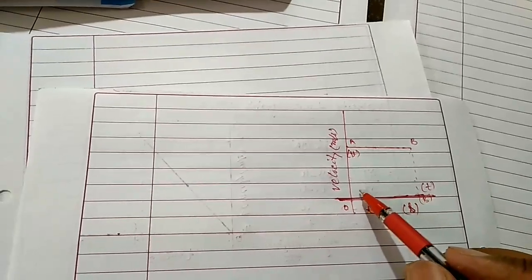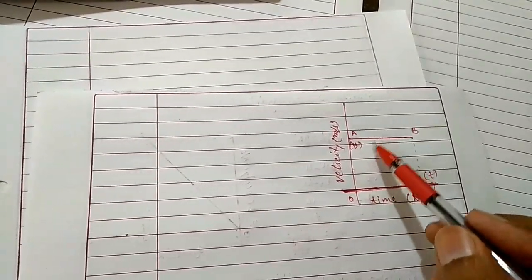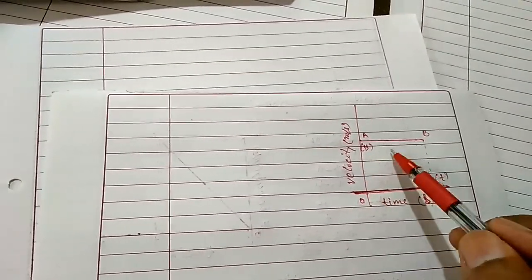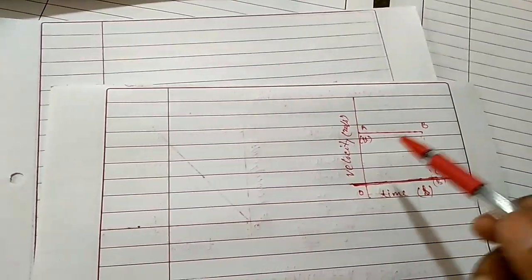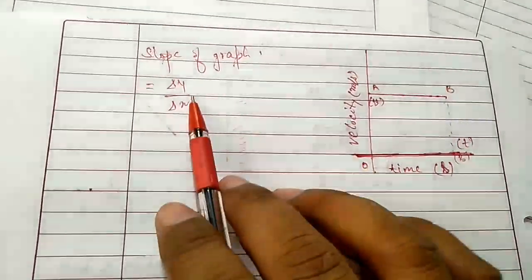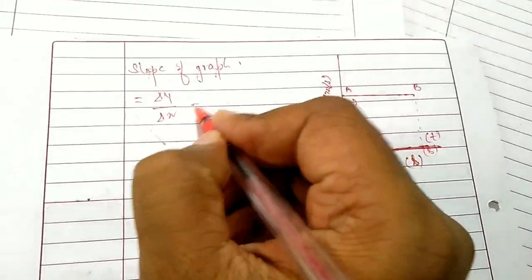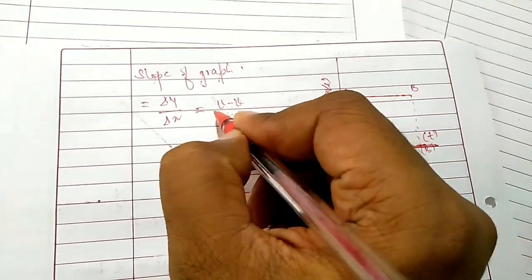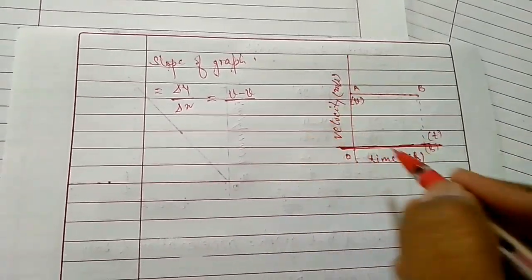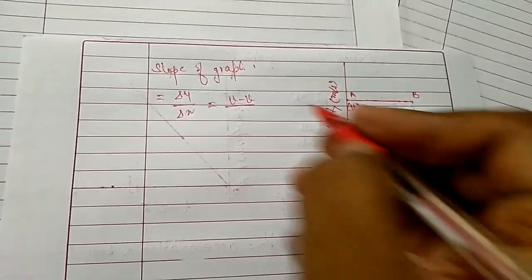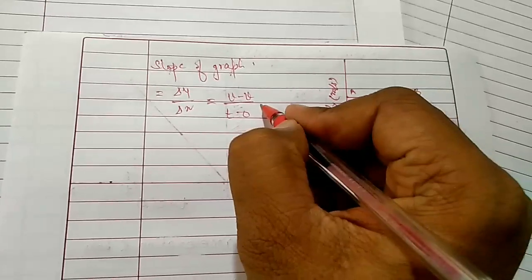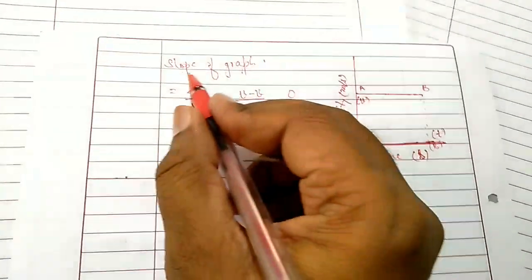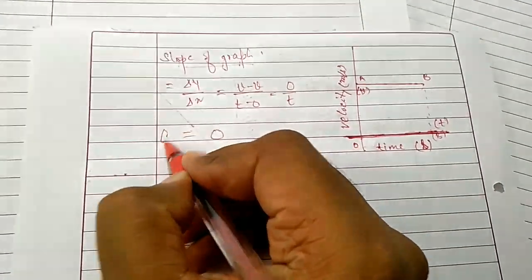So what we will calculate: if we calculate slope, we will calculate acceleration, and if we calculate area, we will calculate the displacement. Let's see. Since we know that slope of graph is equal to del y upon del x, what is the change on y-axis? You can see no change. We can say v minus v. Initial is v and final is also v, upon initial time 0, final t. So you can write t minus 0, or simply 0 upon t, or simply 0. And what is the slope here? Slope is the acceleration.